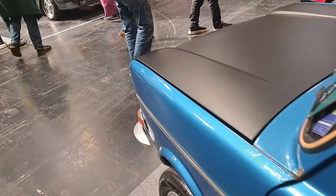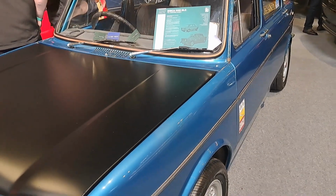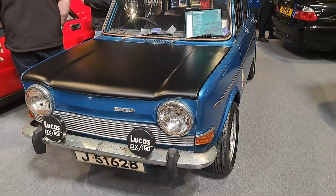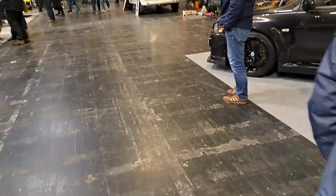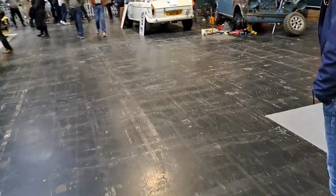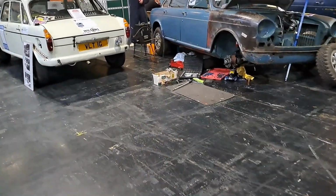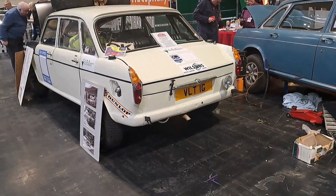Yeah, that's a rare car. Yeah, 1000 GLS, from the Jersey Steam Museum, 4995. Don't know whether that's the right price for that sort of thing or not, viewers. Who knows? Right, the last stand in this bit of the hall. Actually, there's another sort of crossover bit, but the last stand of this bit of the hall is